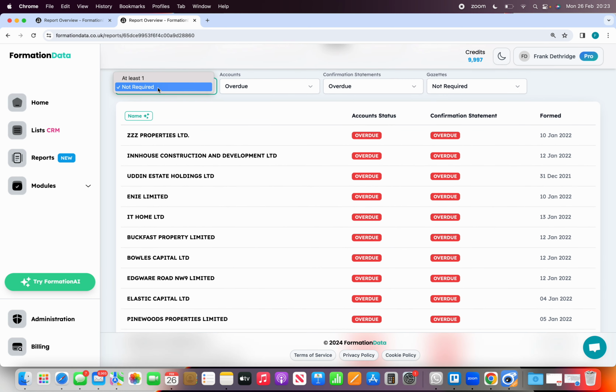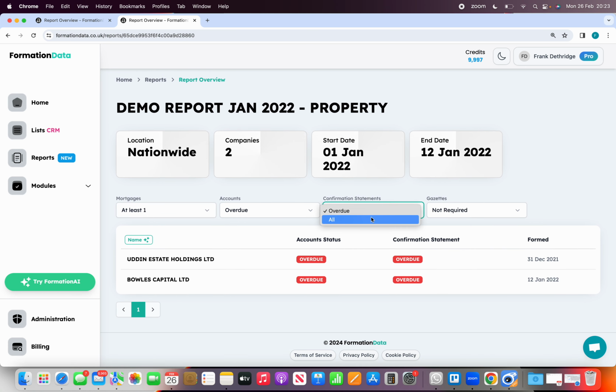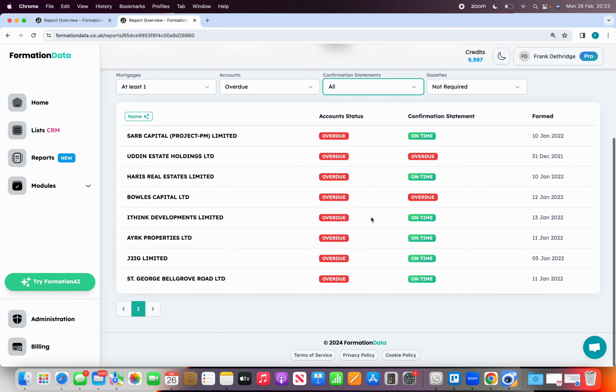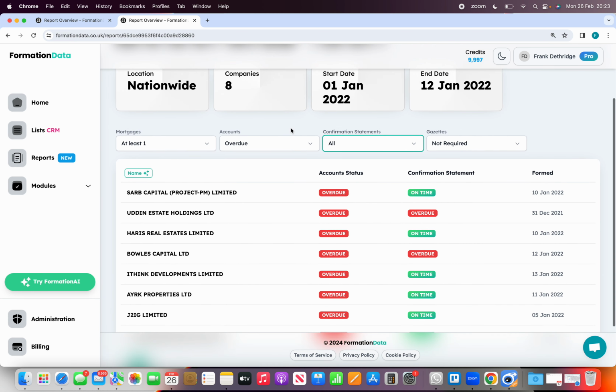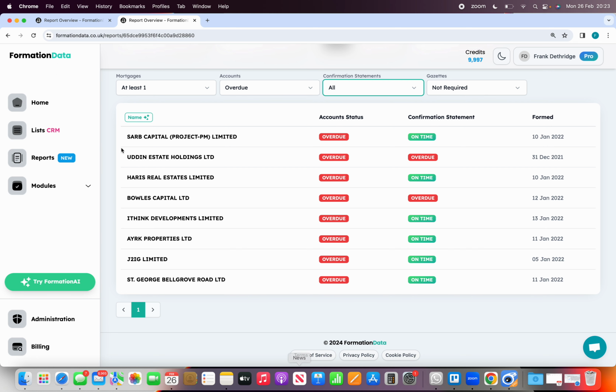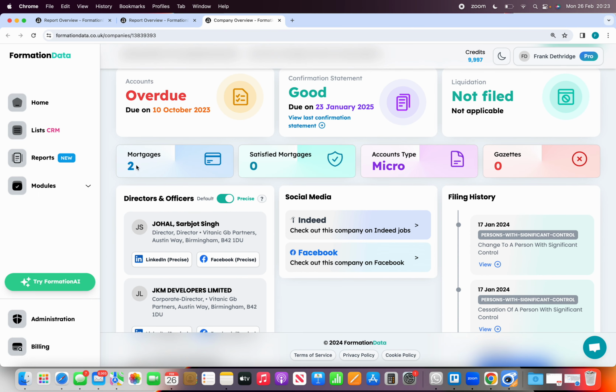Maybe you also want to combine that and say show me companies with at least one mortgage. So if we remove this confirmation statement filter here, we can see that we've actually got 8 companies with overdue accounts and at least one mortgage. So if we click on this first company here, in fact they've got 2 mortgages and none satisfied,